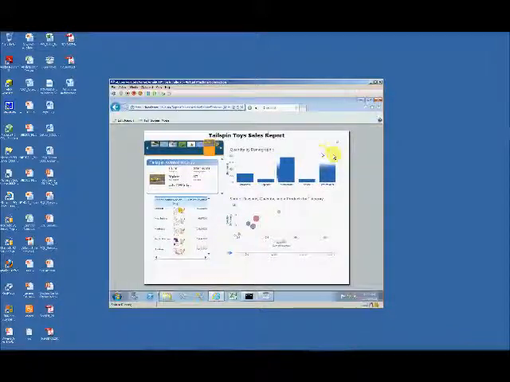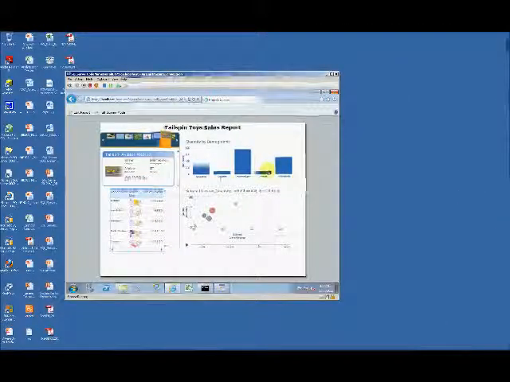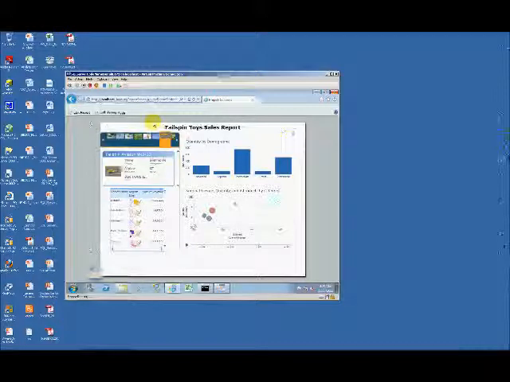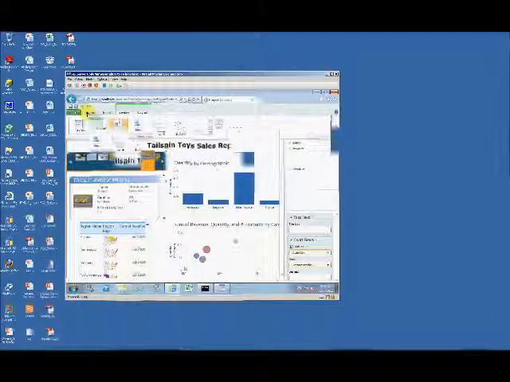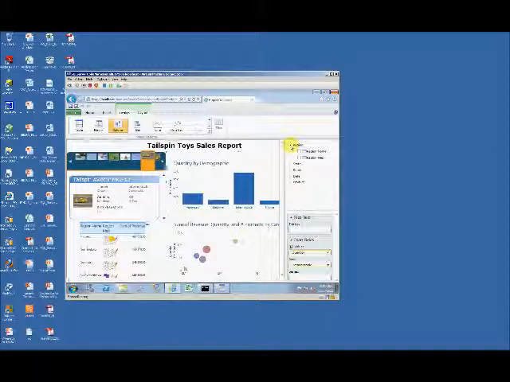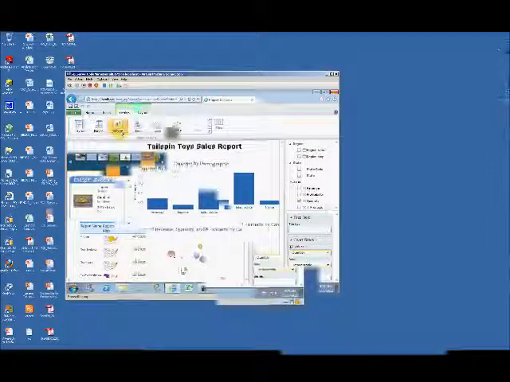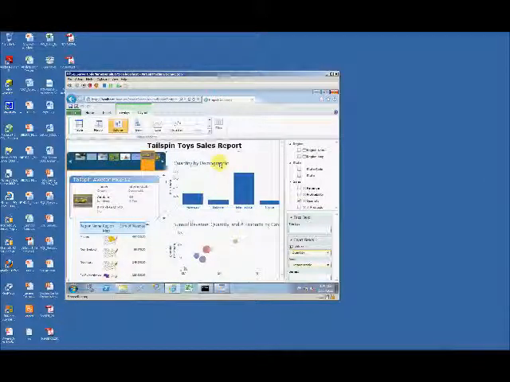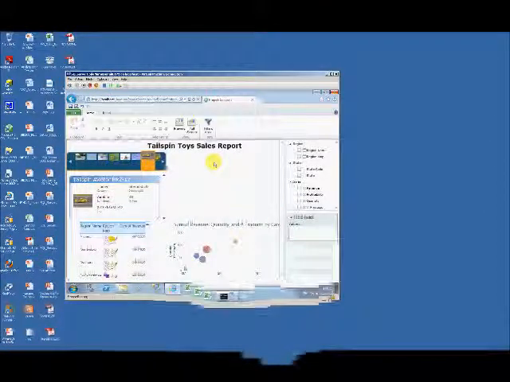And then the way that you essentially edit this is you would have a person within your organization that really is responsible for these reports, who knows the data. And you look over here, and on the right hand side, all you're going to get is a series of pivot tables. And this is coming from the in-memory analytics, the in-memory cube from Analysis Services that's new in 2012. So it's going to be super fast, easy to access, and you just select the type of chart that you want there. So I could take this chart over here, and I can just delete that, and then I can add in some data around my